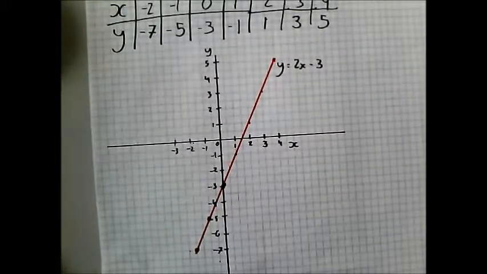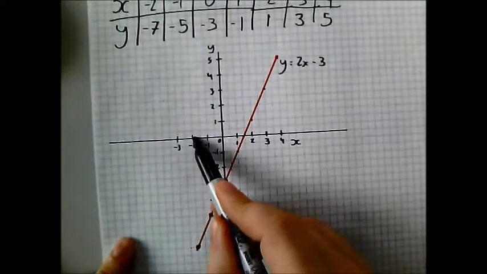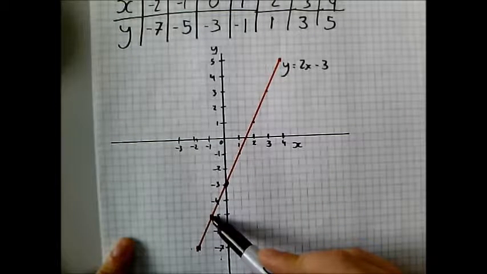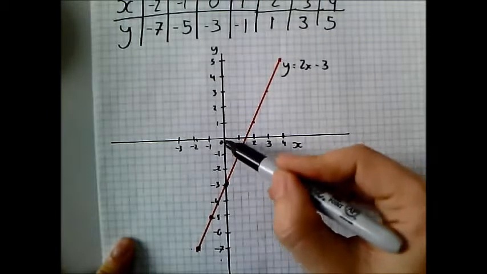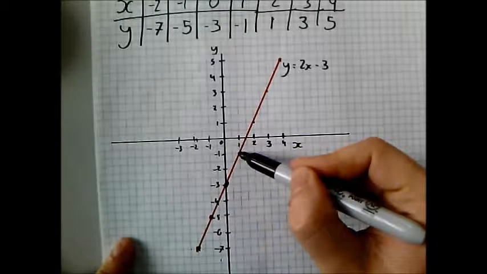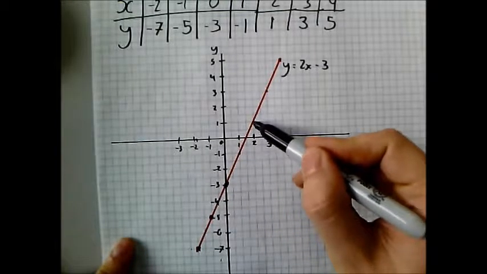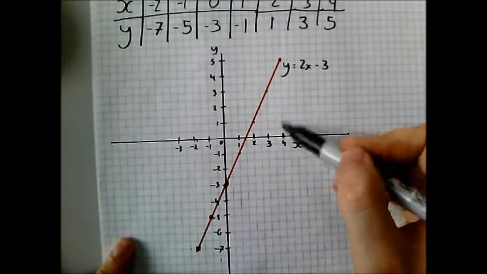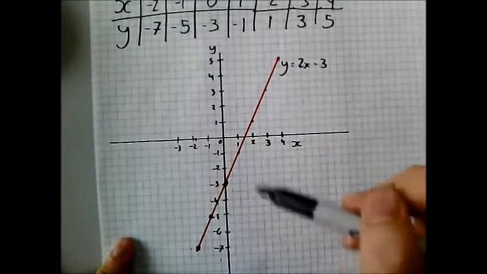So to get my first point, I've gone -2 on the x-axis, -7 on the y-axis. Plotted a point. -1 on the x-axis, down to -5. Plotted a point. Gone to 0 on the x-axis, down to -3. 1, -1. 2, 1. 3, 3. And 4, 5. I then drew my line through it, and I wrote the equation down, y equals 2x minus 3,